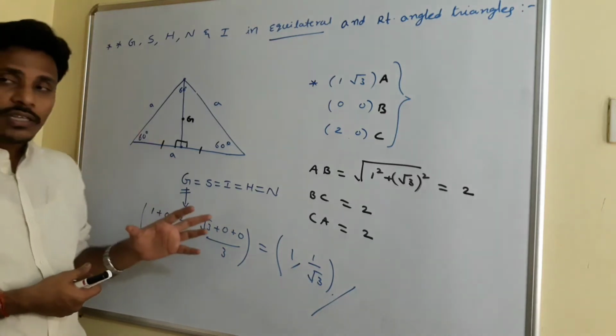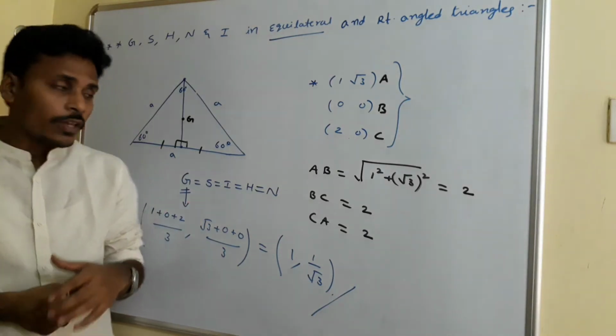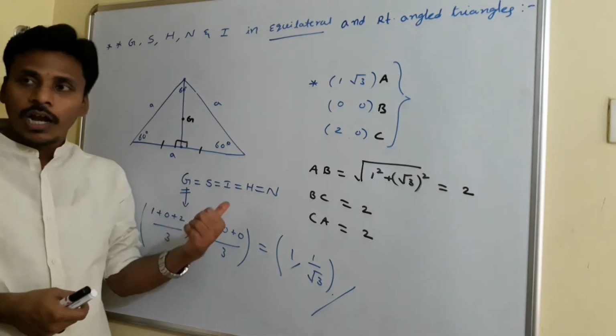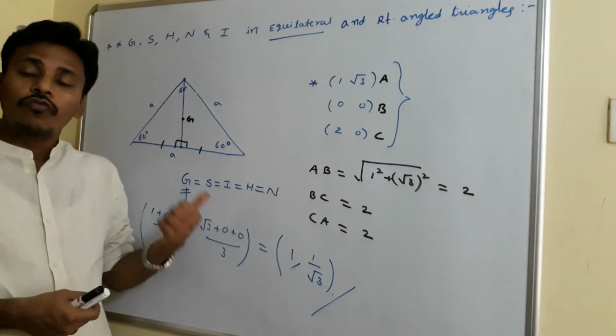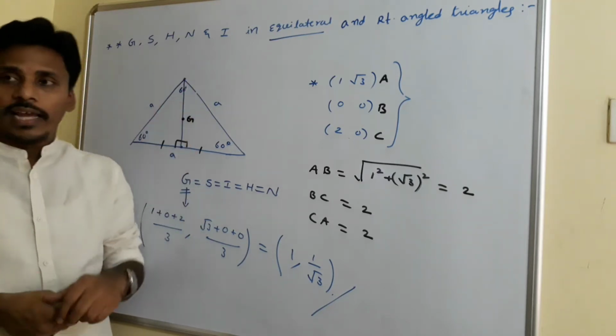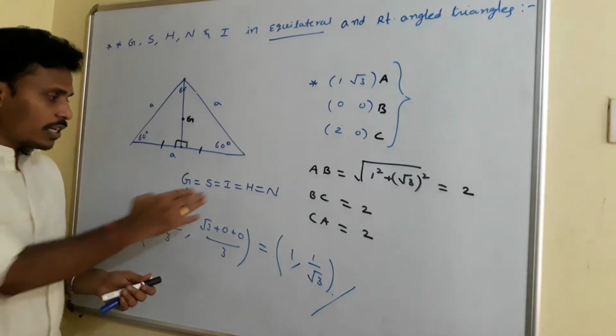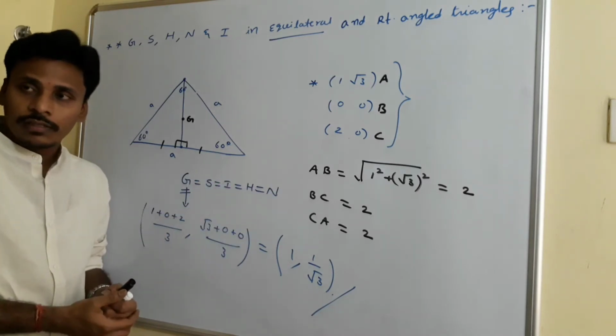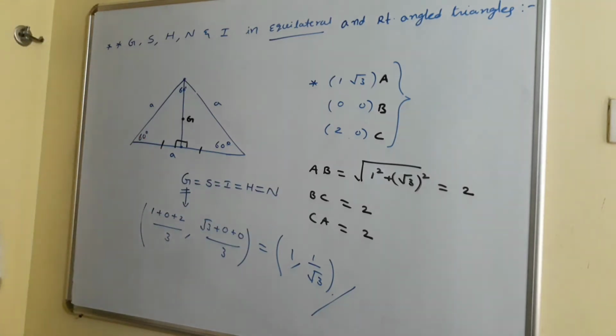Okay, just have a look at this. This is something about the equilateral triangle to find all these centers, and afterwards I am going to handle how to find these centers like centroid, circumcenter, incenter and everything for a right angle triangle, right? Specifically about the incenter I will discuss later after this, right? Just have a look at this.